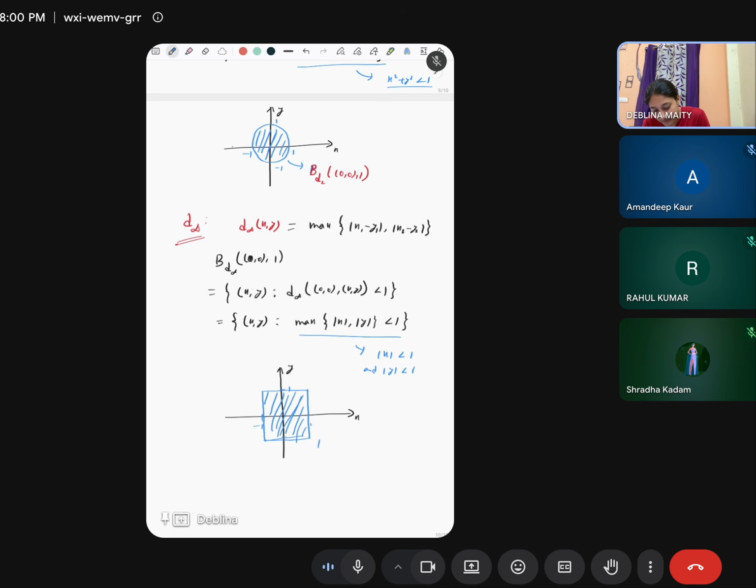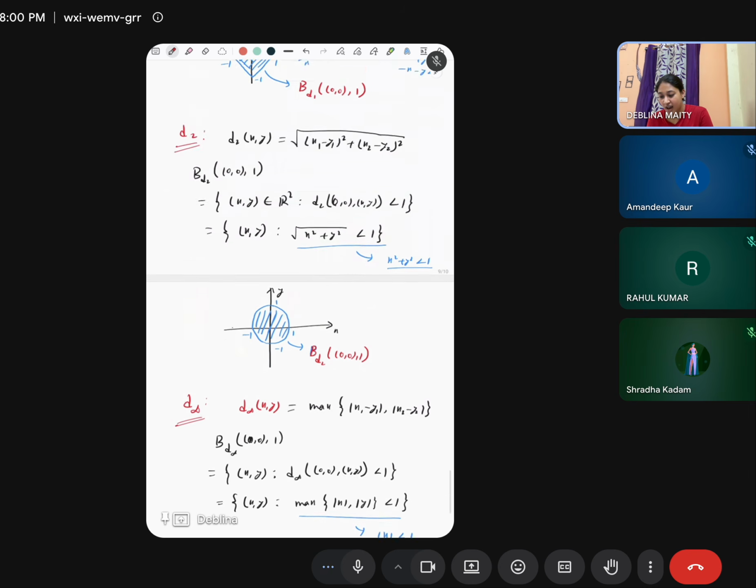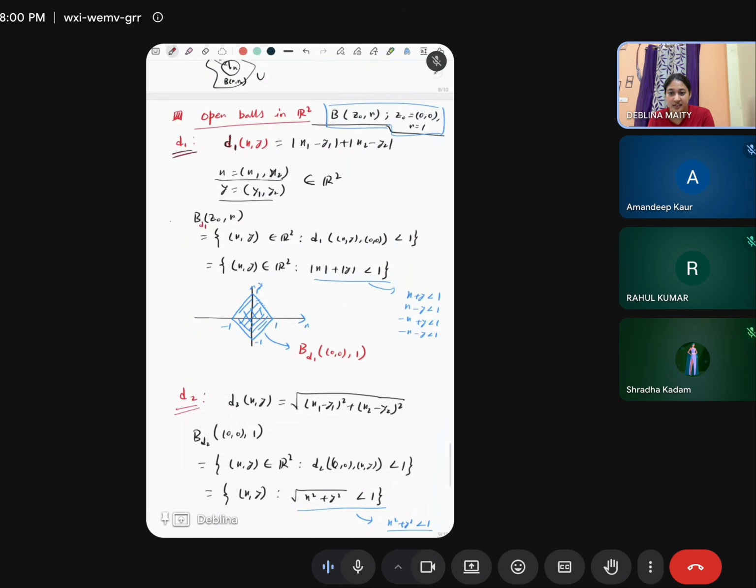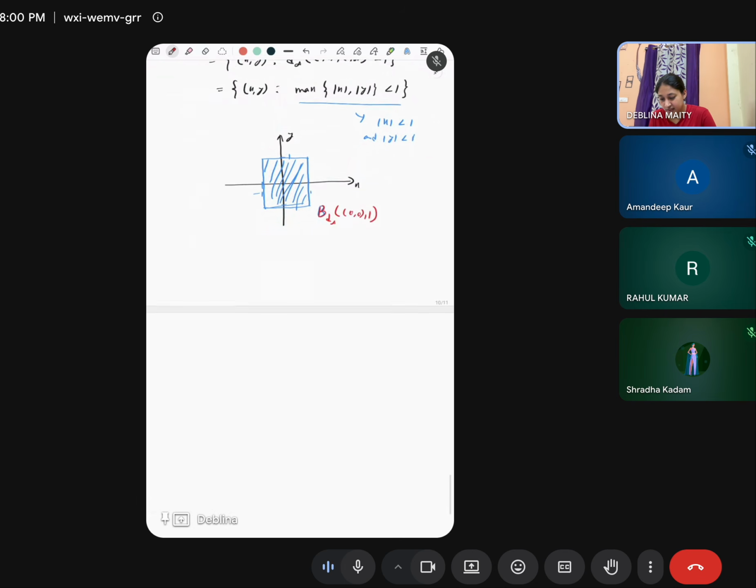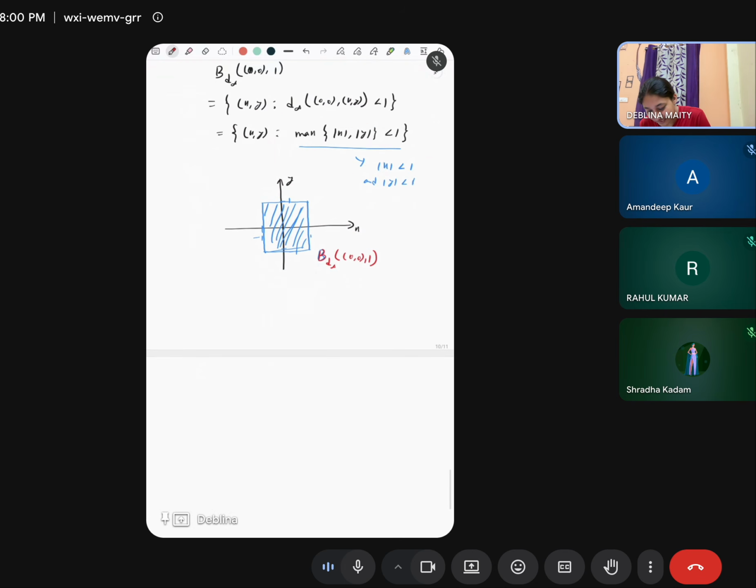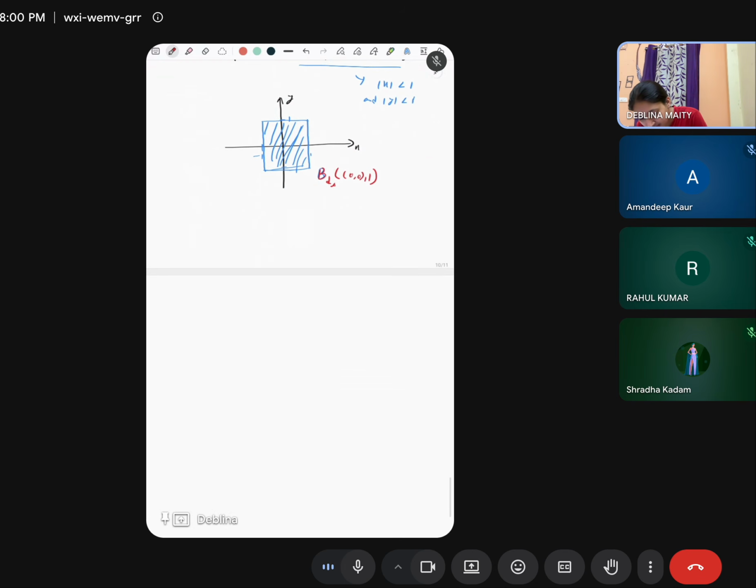So it is the ball B_{d infinity}(0,0;1), right? So in R2 we have taken 3 metrics and we have seen the unit balls with respect to different metrics, right? Now if I put it in the same figure, then you will see that